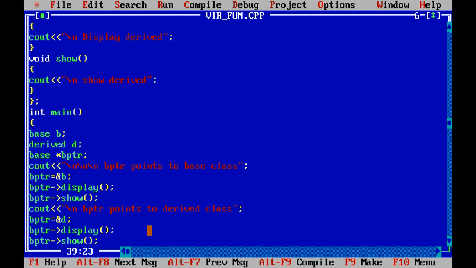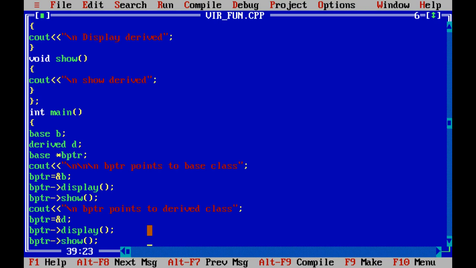And after that, the second case is we made only one function out of these two functions virtual. So at that time, when we call the derived class function, if that is a virtual function,